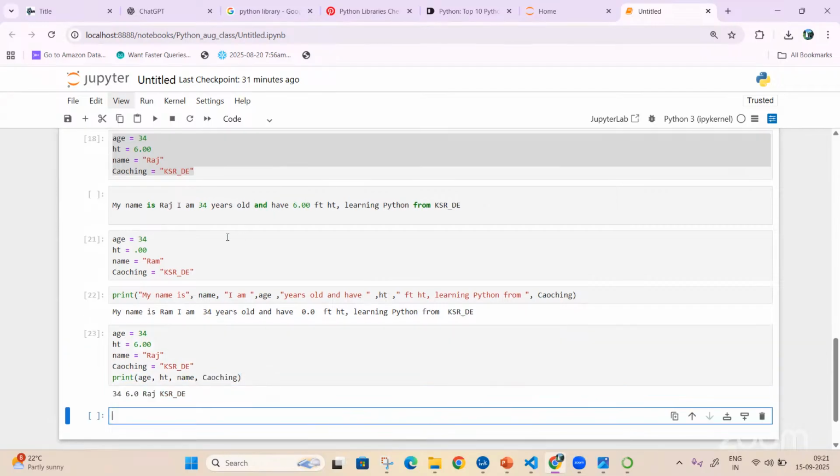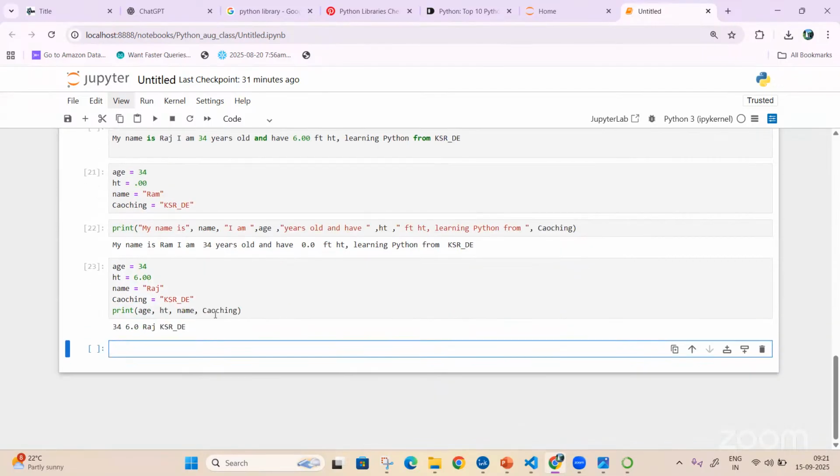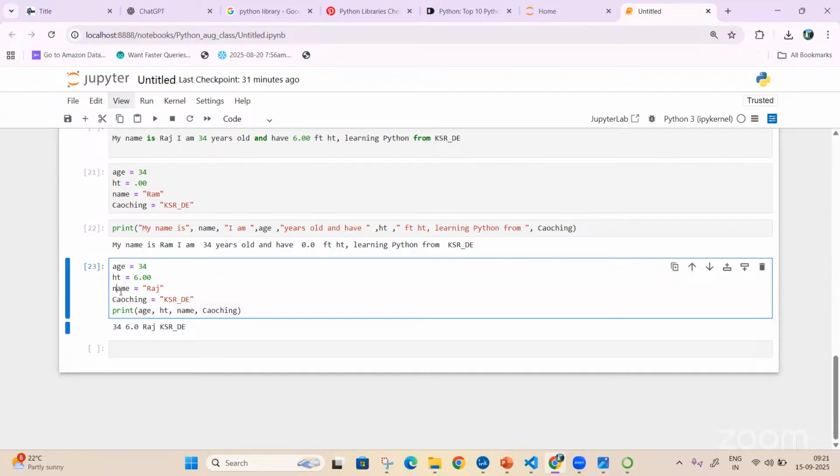What are you seeing? It's displaying all the values. Why? Because these are identifiers. Since the value has already been assigned, that value is identified, and since these values come from identifiers, I don't need to put them in quotes.